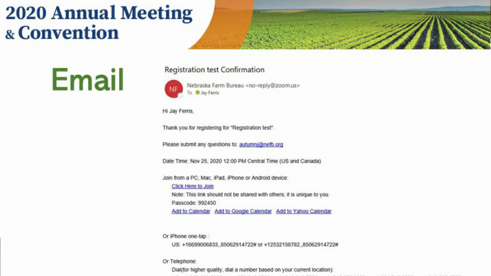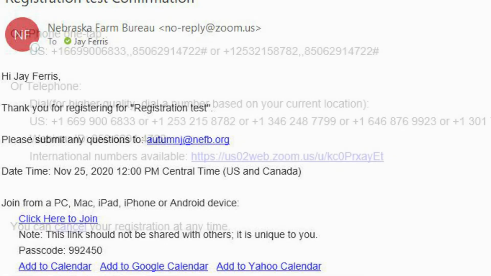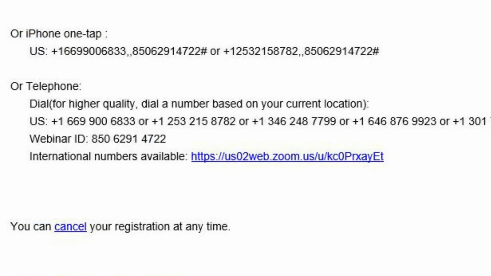This is a sample of what the email will look like. It just says, thank you for registering. And then you will see down lower in the screen over in here, it says, click here to join. This is your link to join. Now, it also has a passcode. If you have a computer that doesn't have a microphone on it, you do have the ability to call in on your cell phone to any one of these numbers. And then there's also a code here for the number of the meeting that we're in. The best is if you have a tablet or some sort of device that has a microphone and a speaker, then that works the easiest and is the simplest way to do that.